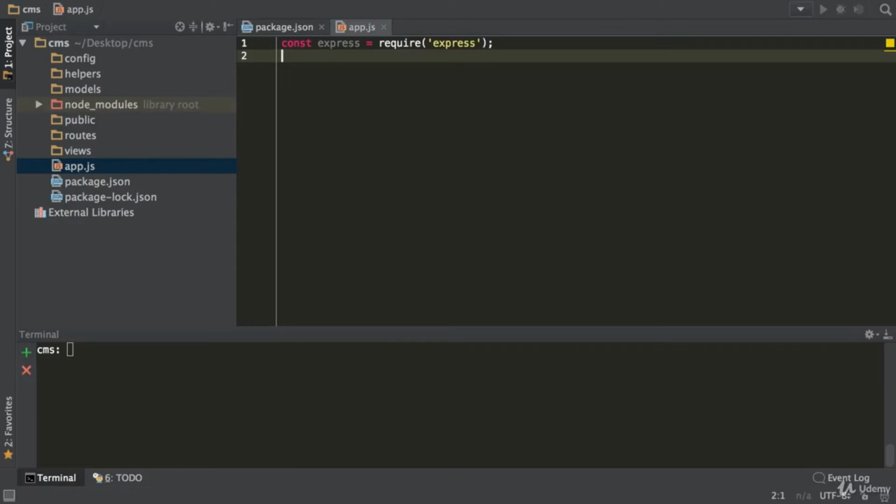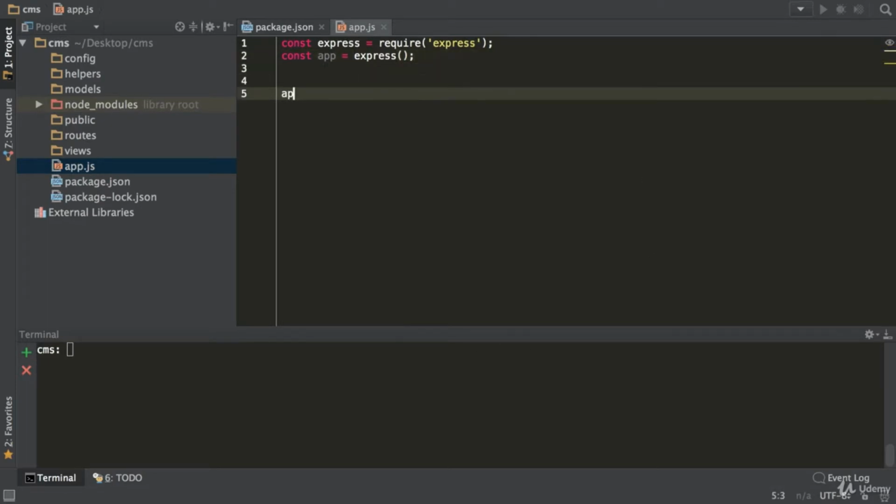Now let's create an app from that express function, right? Now we have the app. All we have to do is listen for anything. So app.listen, we bring that listen like this. Now we can listen for, let's say, port 4500, something like that. And I'm gonna have a callback here,